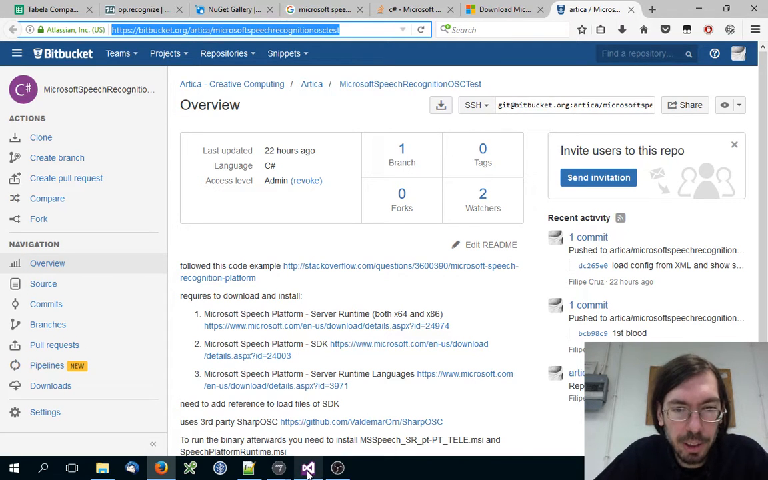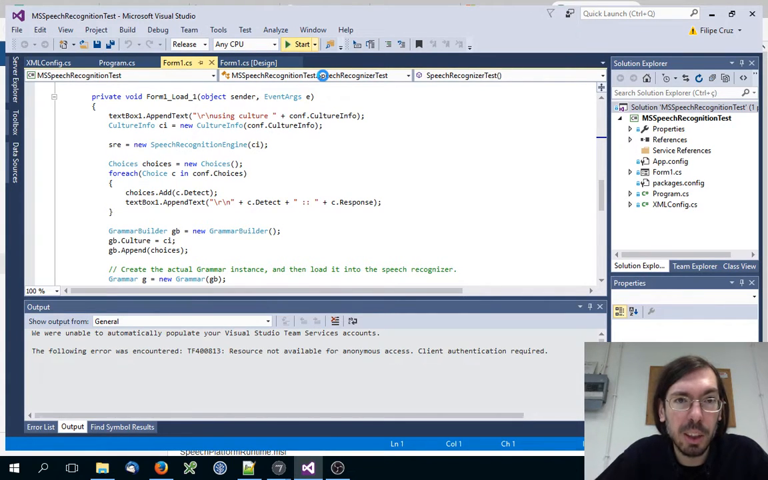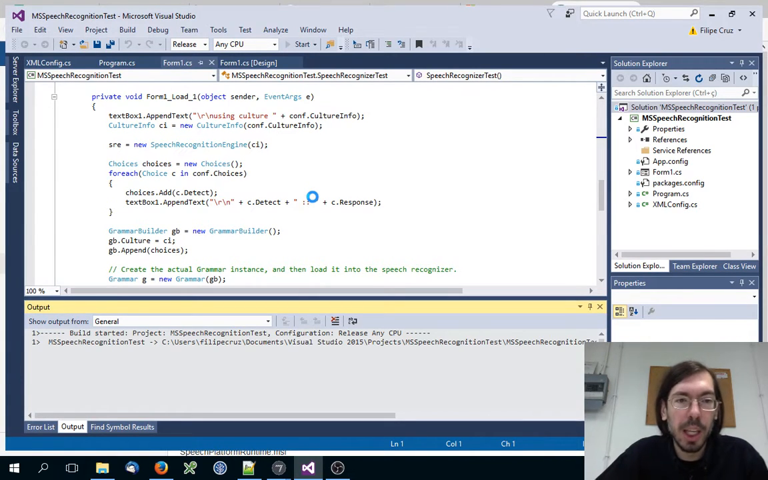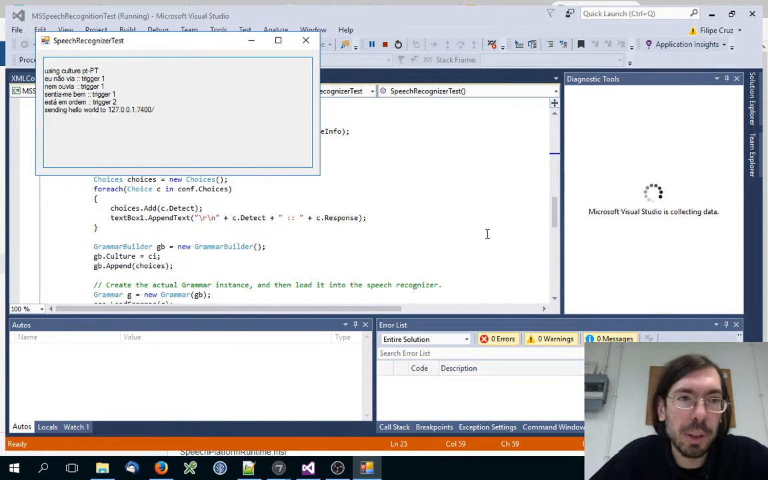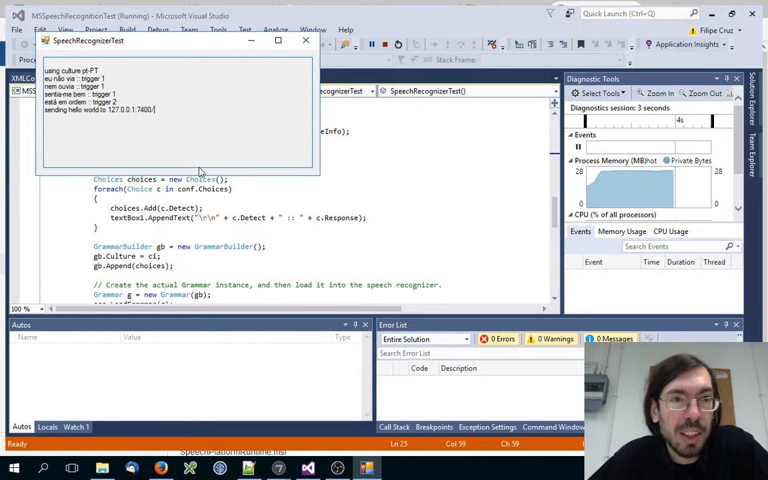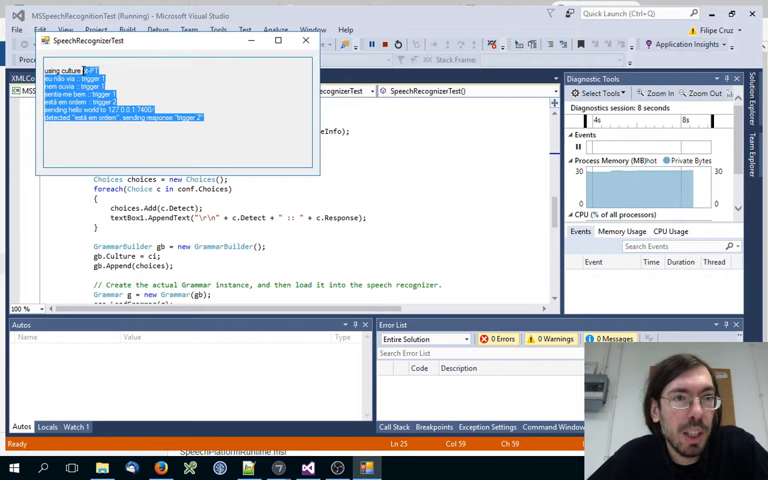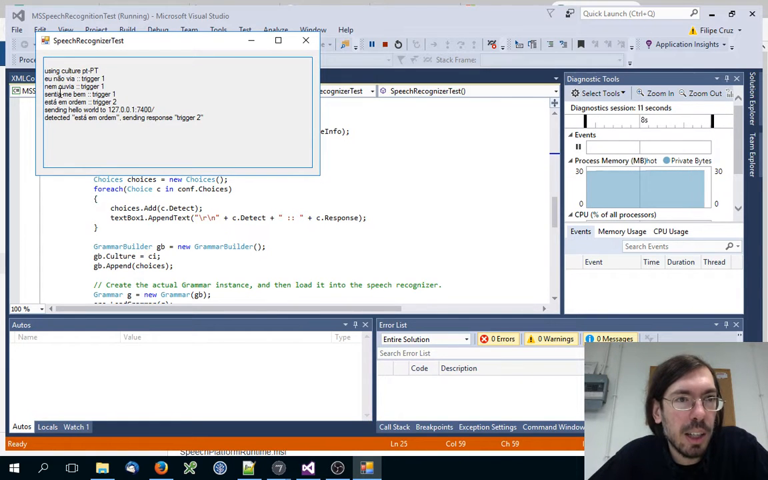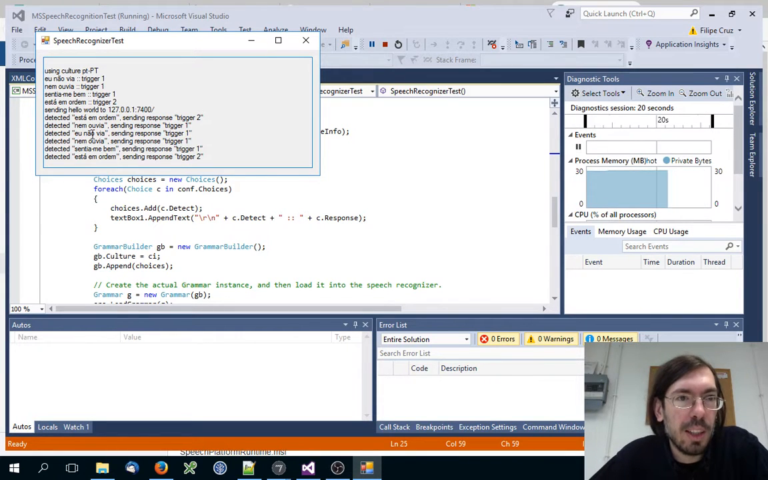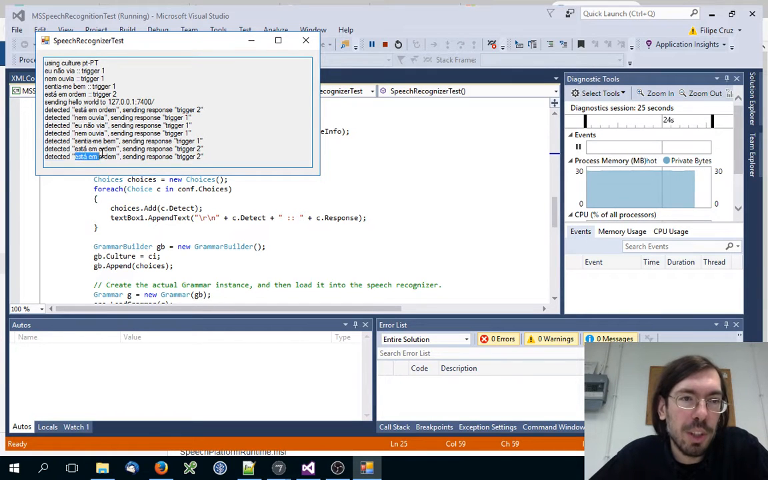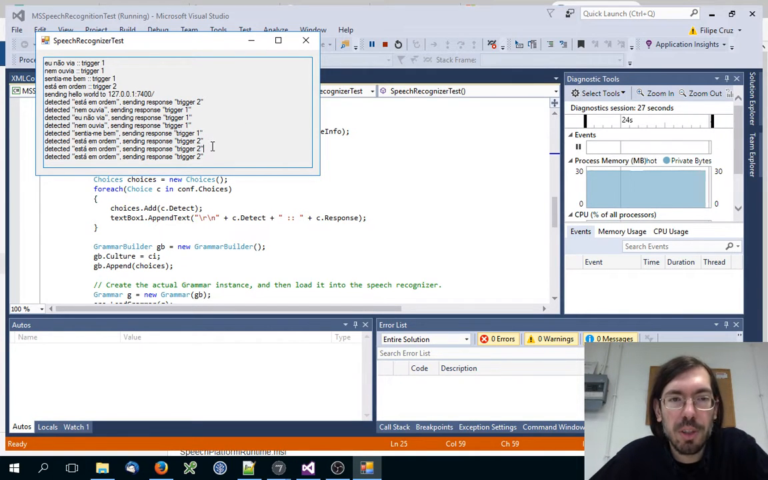I actually have it loaded here, so you guys can see what it looks like. I just made a simple form. It loads the parameters from an XML file, so you can easily change them. It gives you a little information. Right now it's recognizing Portuguese, and it's recognizing these 4 sentences. Eu não via, eu nem ouvia, sentia-me bem, está em ordem. And you can see that it triggered all of them. So it's working pretty good. Sometimes it gives some false positives, but we are okay with false positives because